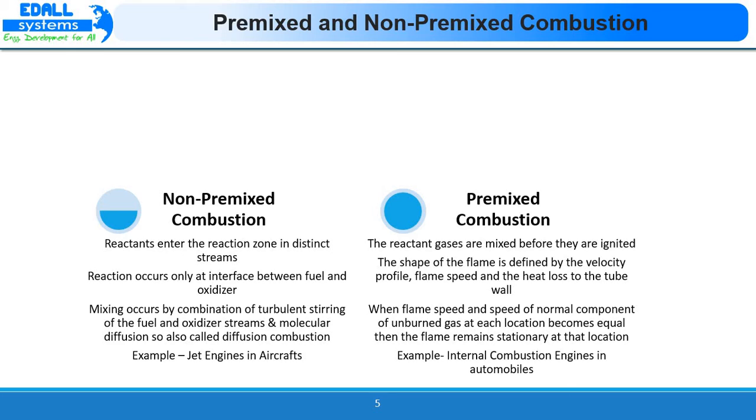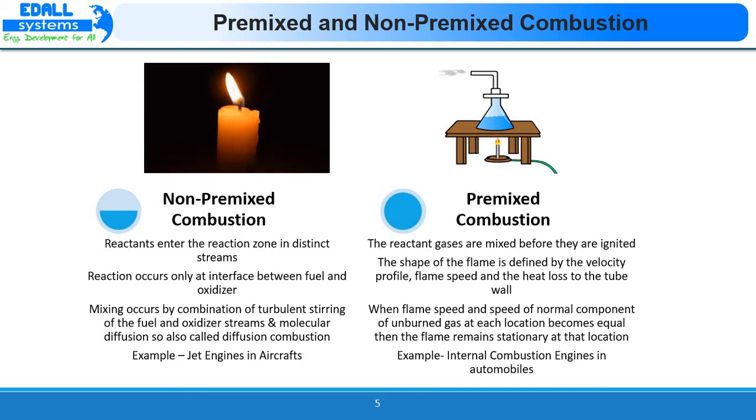So, premixed and non-premixed combustion. In non-premixed combustion, the reactants enter the reaction zone in different streams. This combustion is also called diffusion because molecular diffusion is involved in the mixing of fuel and oxidizer. A classic example of non-premixed combustion is the candle. The candle continuously consumes the wax as well as the air which is present around the wick. And if we look for advanced examples, then the gas turbine engines in our aircraft